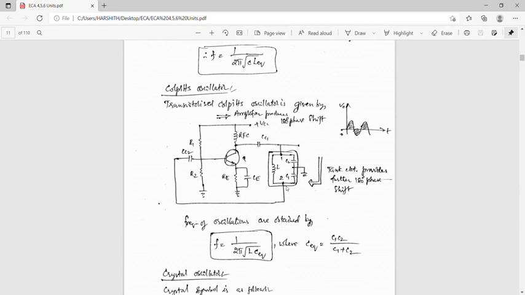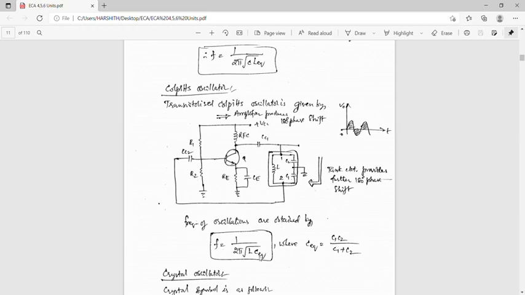Okay. So in this, the amplifier stage uses an active device, a transistor in common emitter configuration. The basic circuit is the same as the transistorized Hartley oscillator except the tank circuit. The common emitter amplifier causes a phase shift of 180 degrees while the tank circuit adds a further 180 degrees phase shift to satisfy the oscillating conditions. So totally 360 degrees phase shift.